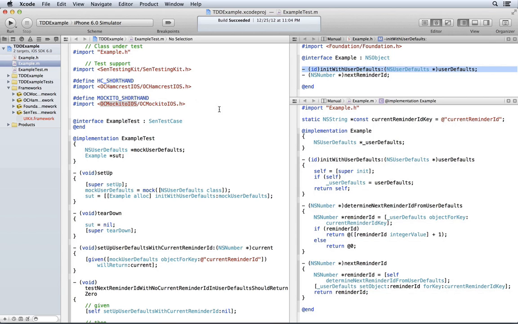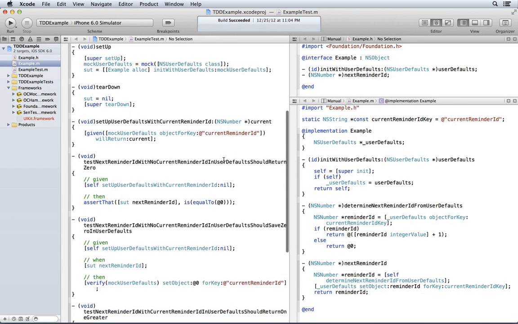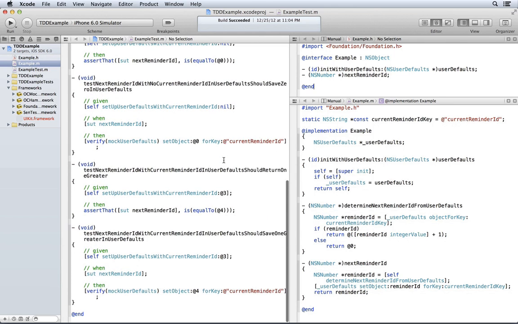I set up my panels so that the entire left side here is the test code. On the right, I have the production code with the header on the top and the .m underneath. And that way I can see everything I need to. With all the production code visible right now on the right-hand side, notice how much test code there is. Look at the scroll bar. See that? It's about twice as much test code as production code. That's not unusual. Don't be scared of that.